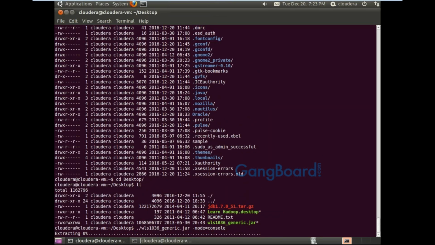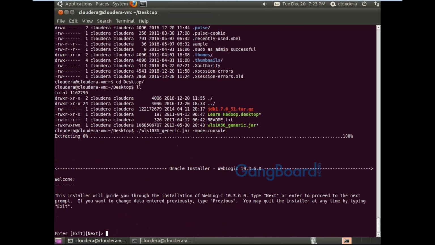You can use this mode to install WebLogic in console mode.